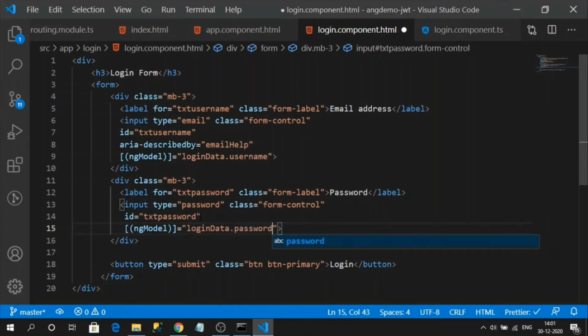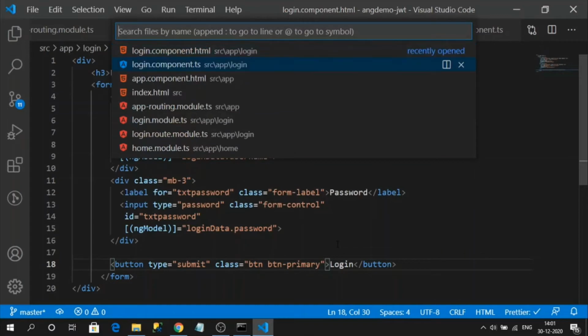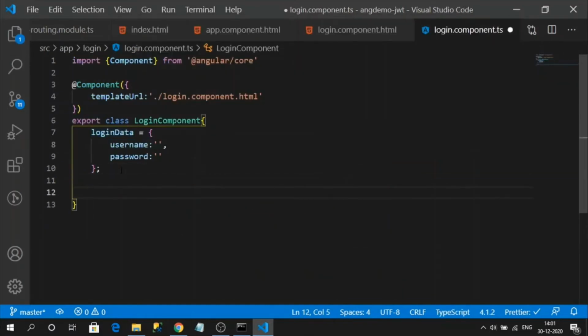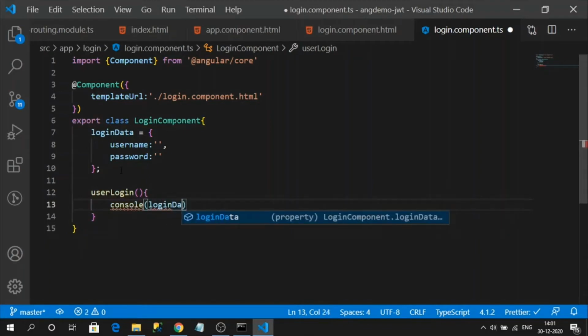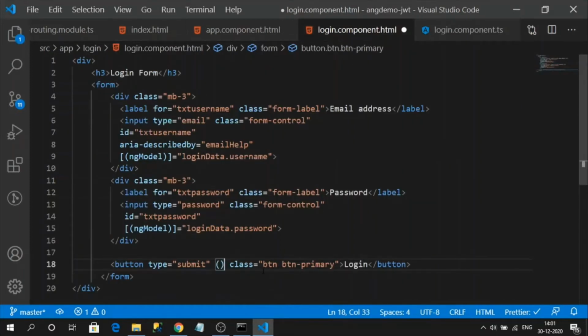password. Now I want to register a method for this click button so that I can invoke the logic for the login. So for that, first I am going to create a method in login component like user login. Okay, this is my method. For now, I am just going to console log the login data object. I will register this method to my button click event. So registered click,